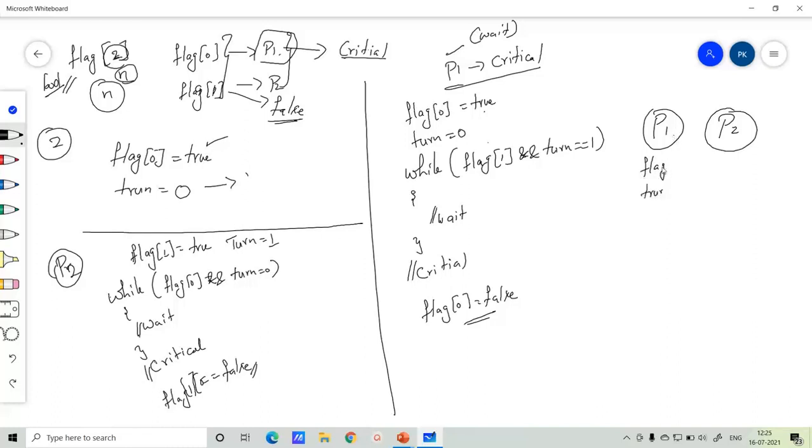If process 1 wants to execute, flag will be set to true and turn will be set to 0. If process 2 wants to execute, again flag will be set to true and turn will be set to 1.